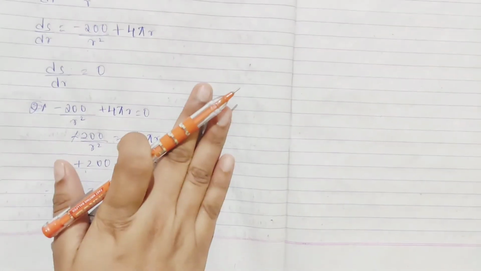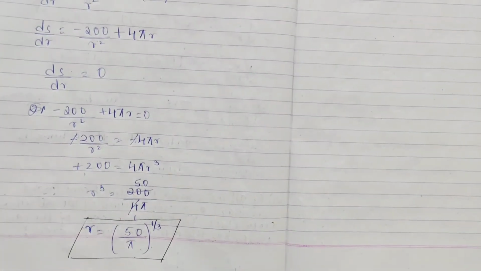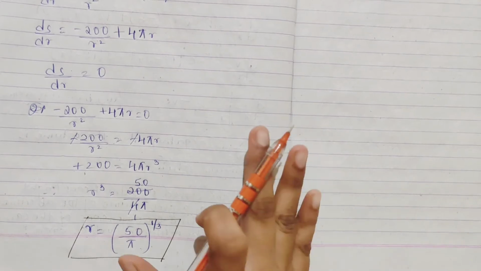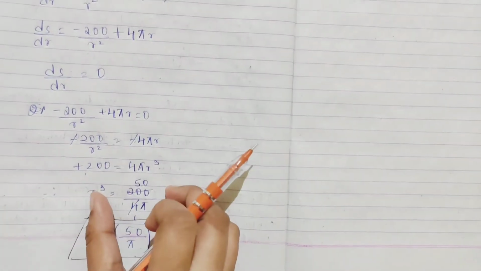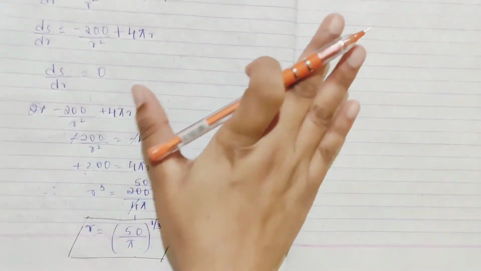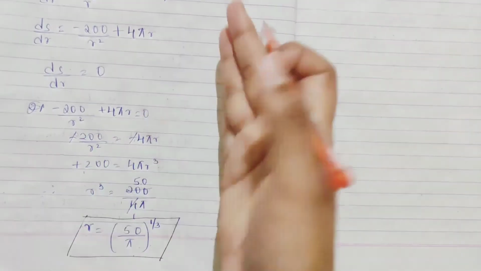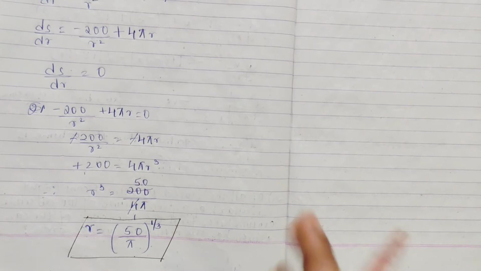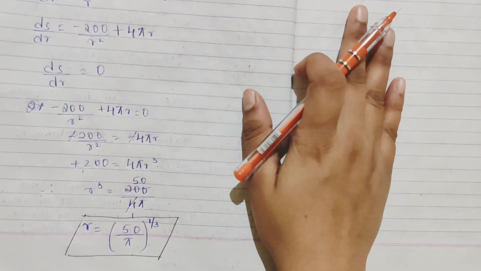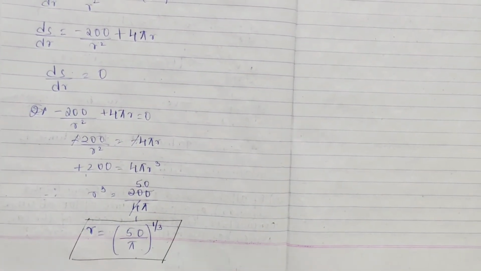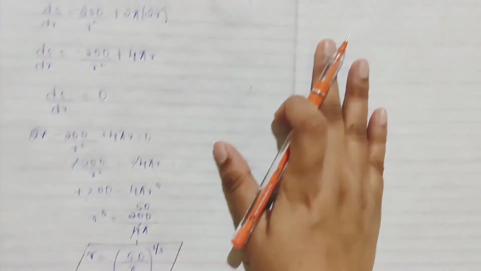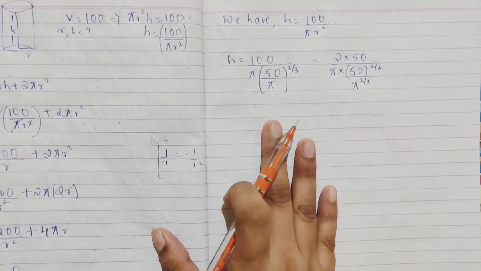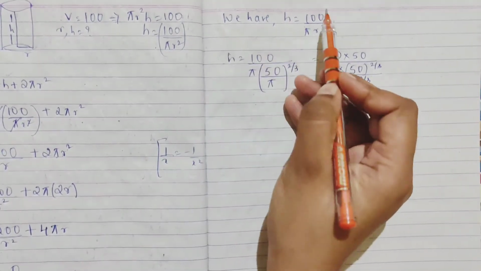In your first derivative only, we are getting what they are asking us, means to find some numbers and all. If you have got one number, the other part also we are doing here only. You can do like this, or if you want, after the last also you can do, either way, but here it is convenient, right? So r you have got, we will go for h. If you want, you can solve this or you can keep it as it is. So h is equal to 100 by pi r square.